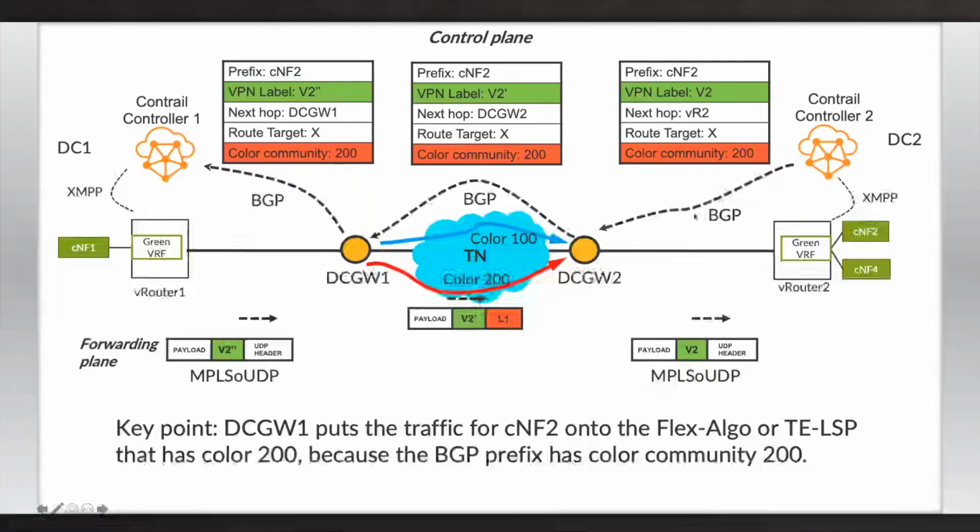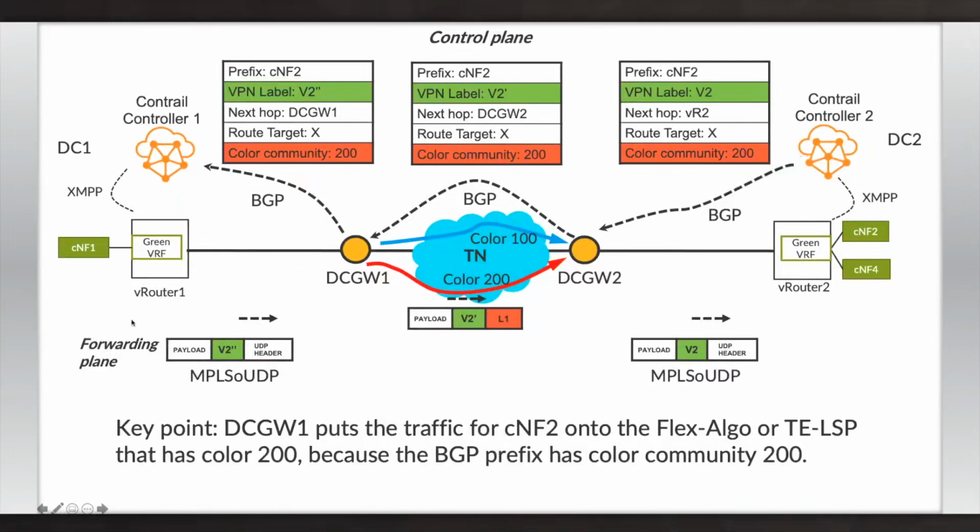And normally this advertisement is mediated by an SDN controller that's controlling the cloud overlay and the associated routing. And so it's going to be advertising that prefix via BGP to the local DC gateway. And that in turn will advertise it to other DC gateways in the network. And then finally, that prefix arrives in the green VRF on the left-hand side. And in so doing, the BGP next hop is changing each time you hit a DC gateway.